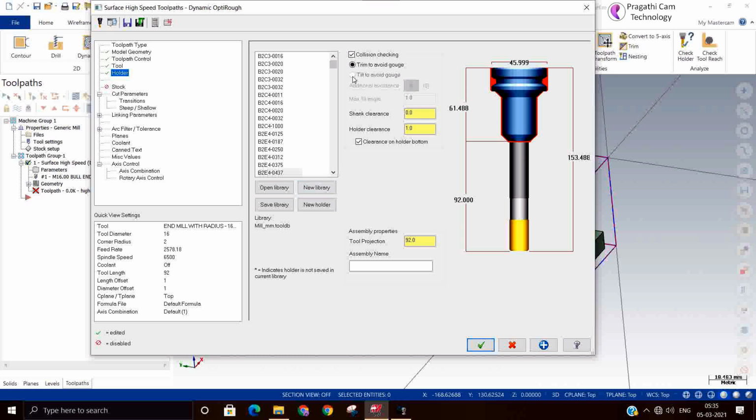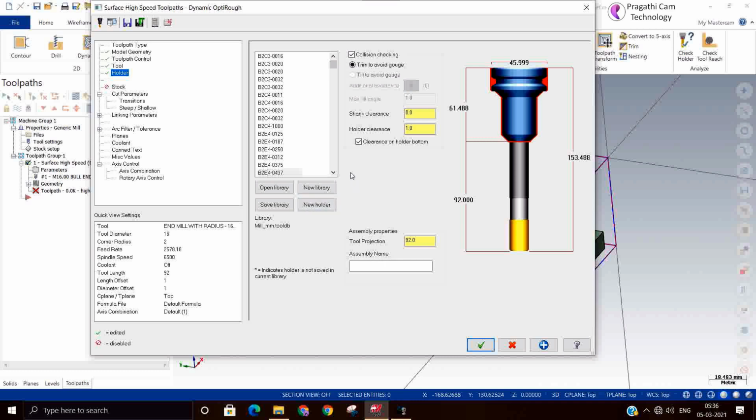When you go to multi-axis, this will switch on. If you want to save the holder in the library, you can save it here. So only here the holder collision checking is available in the high speed toolpath.